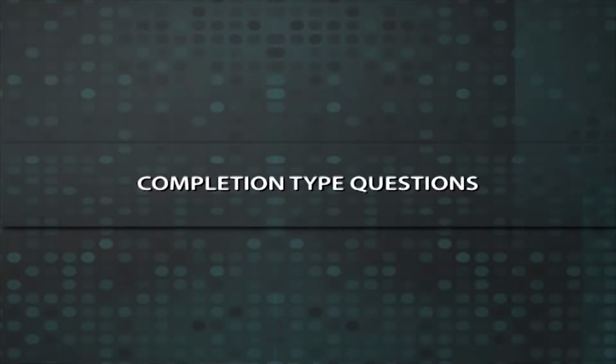Completion type questions. Of the four formats of objective items, completion type is the only one in which students are to supply responses. This format presents sentences from which a keyword or a few keywords are omitted. Students are required to fill in the blanks using the correct answer. Hence, completion type questions are commonly referred to as filling the blank questions. This format is most suitable for assessing the ability to recall factual knowledge.